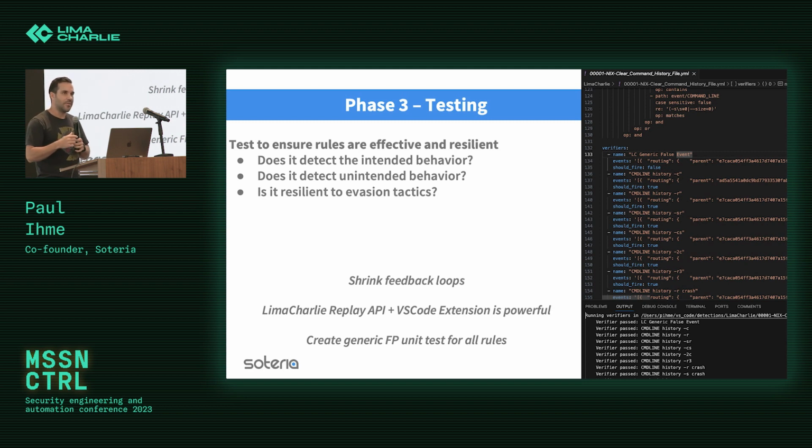So that's one of the things that we build internally, is using that LimaCharlie API. We pull out the detection logic and go through each of these unit tests to test them, and you can just run that right in your VS Code window before you commit, before you push anything up, so you know if it works. And so that's what's happening here in the output window down at the bottom.